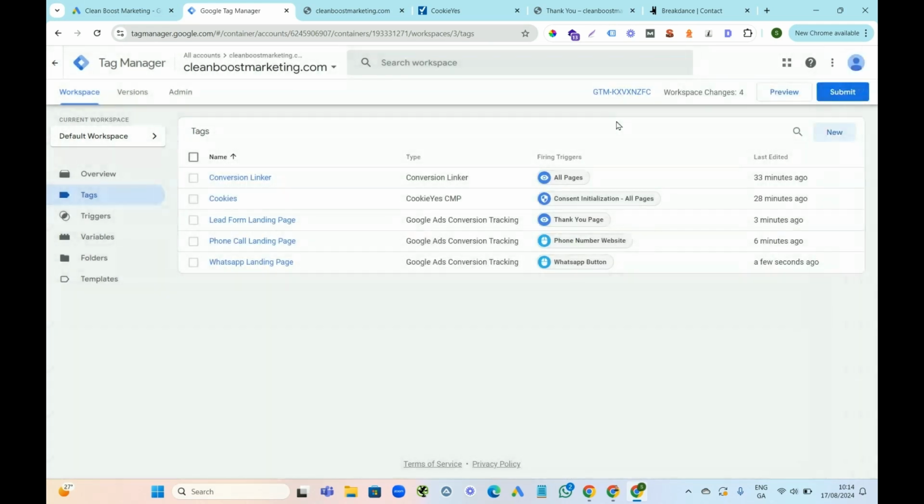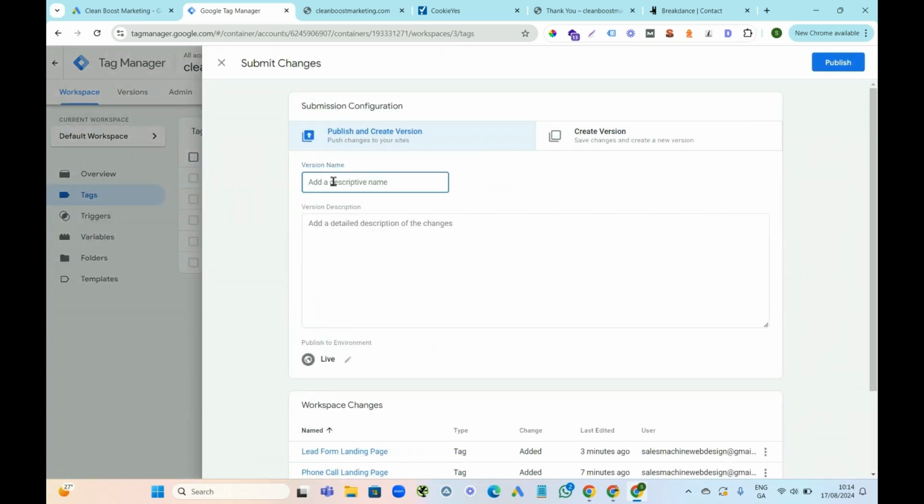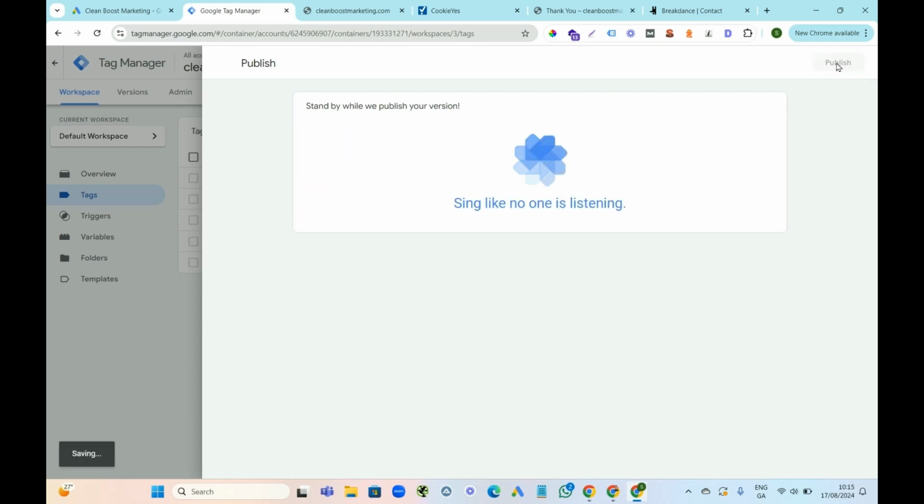That's okay. Save. Now, important part again, we're after doing more tags and more triggers. What we haven't done yet is we haven't submitted them, so make sure you press submit. And again, I'm just going to call it the same thing. I know what I'm doing. If other people are doing it, maybe you need to name it better, but for this I'm just calling it that. And we're going to press publish,